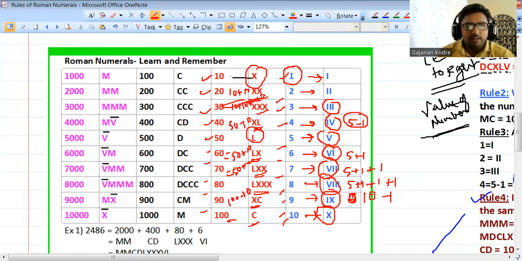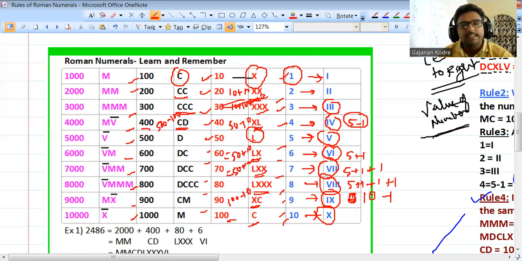As we have written the symbols for multiples of 1 and multiples of 10, similarly we'll write the multiples of 100 also. What are the multiples of 100? 100, 200, 300, 400, 500, 600, 700, 800, 900, and 1000. So 100 already has the symbol C. 200 is 100 plus 100. 300 is 100 plus 100 plus 100. 400 is 500 minus 100,